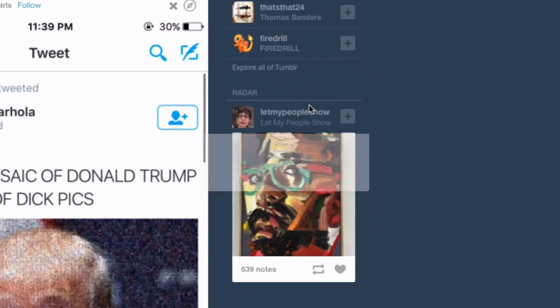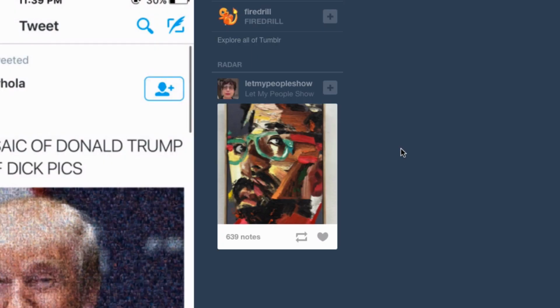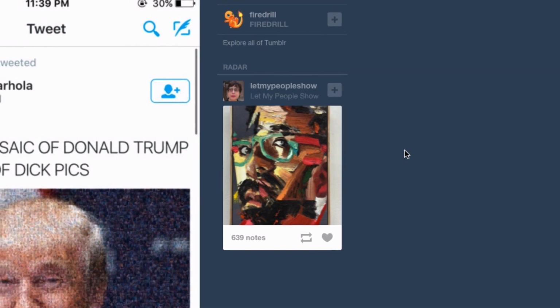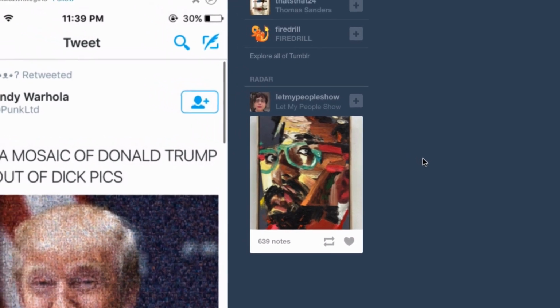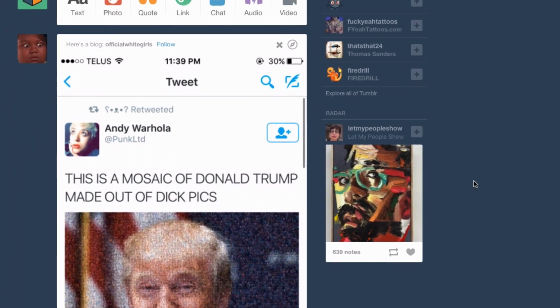Then under that is the radar. The radar is like the advert for your blog. If you get onto the radar, it means more people are going to be able to see your content and you're more likely to be followed by more people. It's like a privilege to be on the radar. Not a lot of people get there, but if your content is really good and unique, you are very likely able to get onto the radar. That just happens. Tumblr suddenly adds you to the radar. There's obviously an algorithm in the back end that does that.